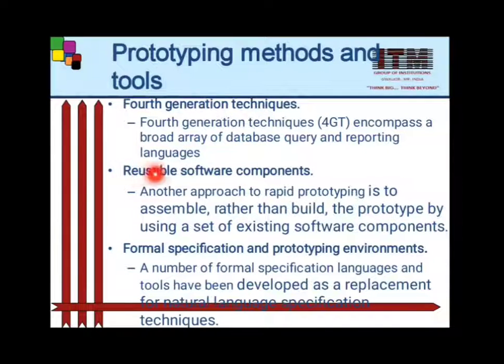Next one is the reusable software component. This approach to rapid prototyping is basically used to assemble, rather than build, the prototype by using a set of existing software components. A software component may be a data structure or database, or a software architecture component, that is a program, or a procedural component, that is a module.